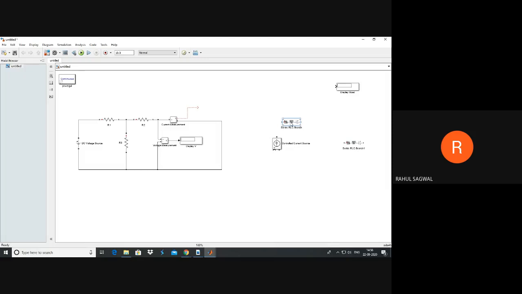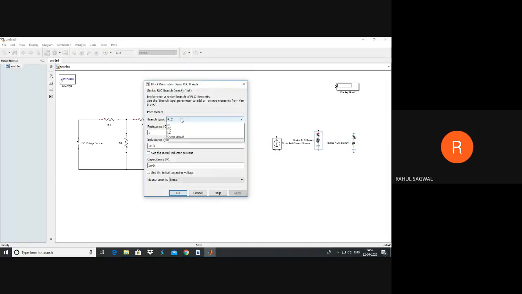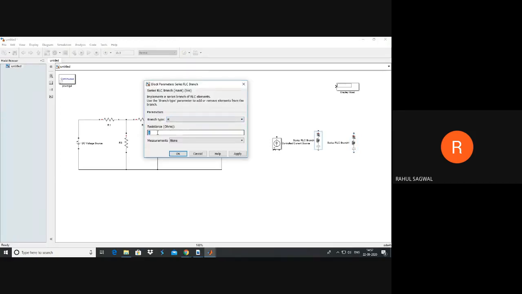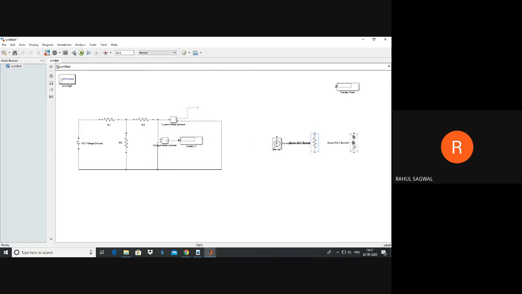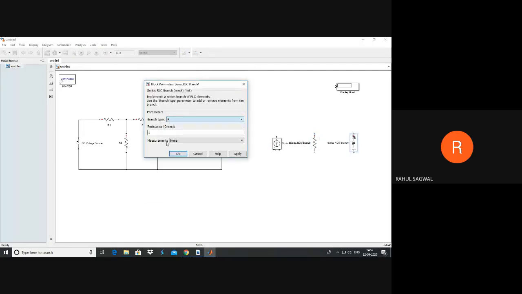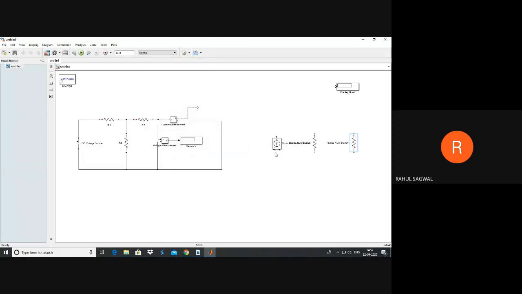Control plus R to rotate this branch. Similarly, Control select this branch and press Control plus R to rotate it. Next, change the parameter. Change this element to resistance only. You can feed in the Norton equivalent resistance value here. Next, change this parameter to resistance. Feed the value of load resistance. This branch will be controlled by the circuit current, the short circuit current.